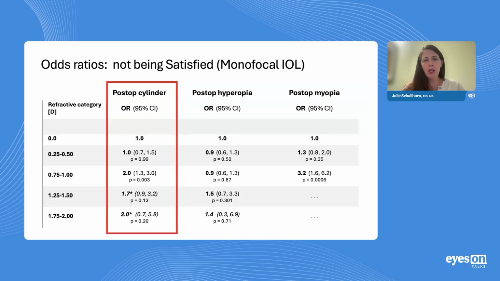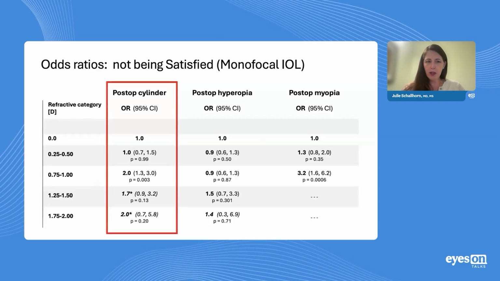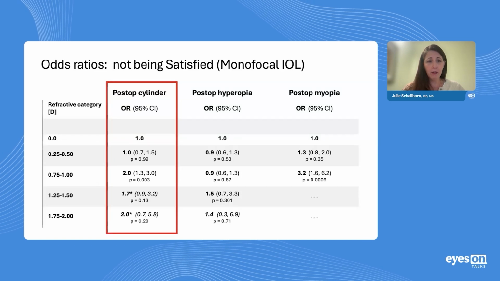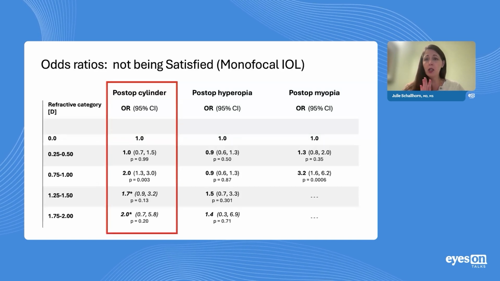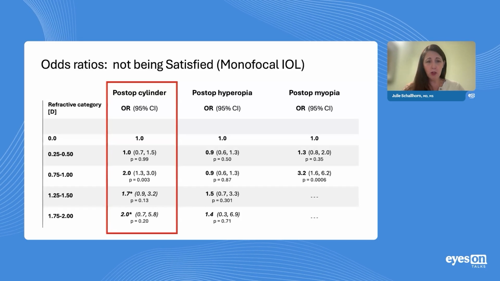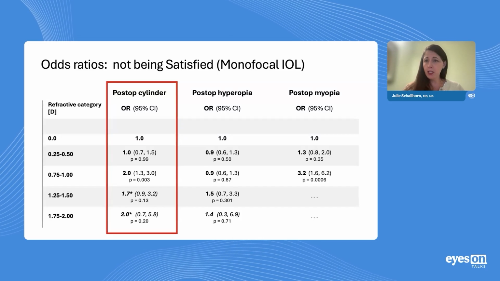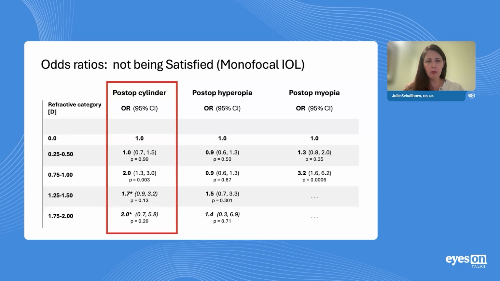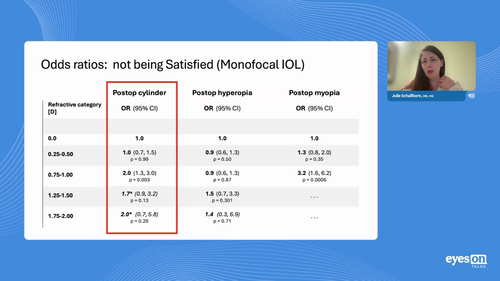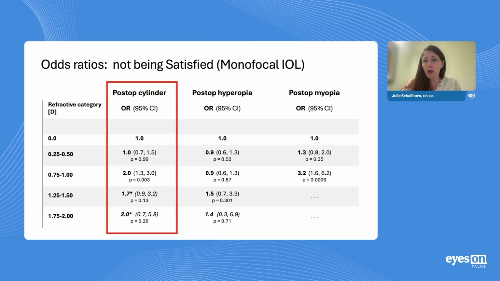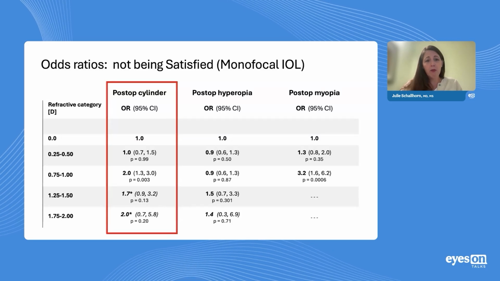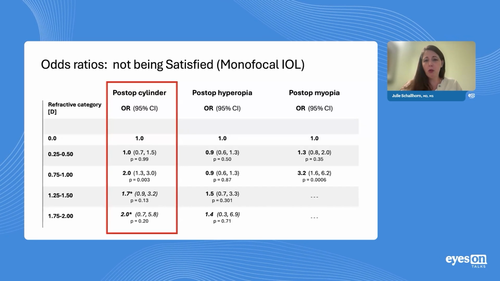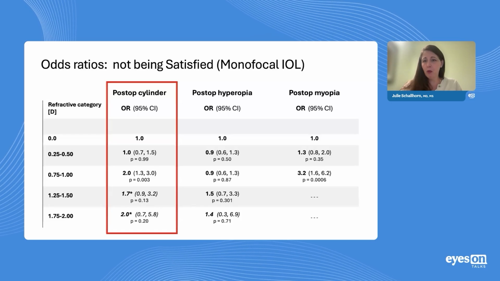Now, when we look at the odds ratios of not being satisfied, we actually don't see a statistically significant effect at the quarter diopter range. So even though patients with a quarter diopter of residual cylinder are less likely to be 20/20 at that range, they don't perhaps notice it as much. And this may be due to sample size. It may be due to the fact that patients are a little bit tolerant of that level of refractive error. But really, once we start getting into the 3/4 of a diopter range, patients become notably less happy with their